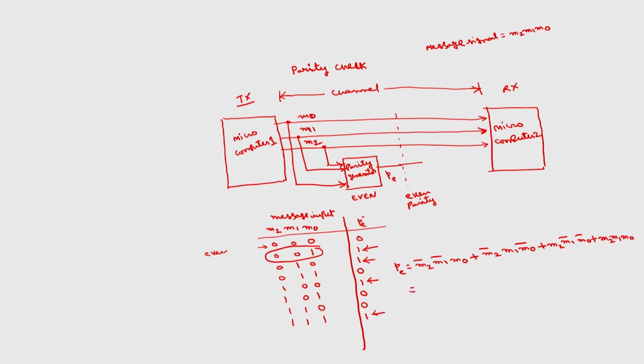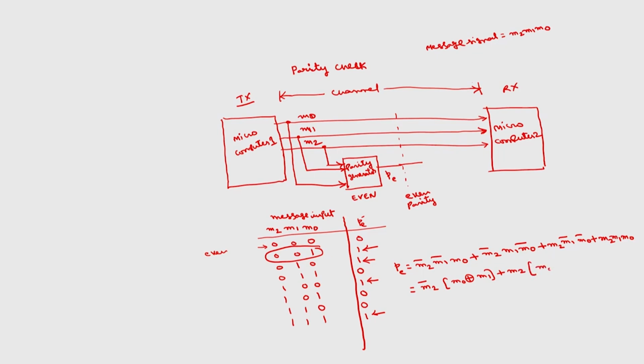If I simplify this, M2 bar is common in the first 2 terms. The remaining term is M0 exclusive OR with M1, and between these two, if I take M2 as common,